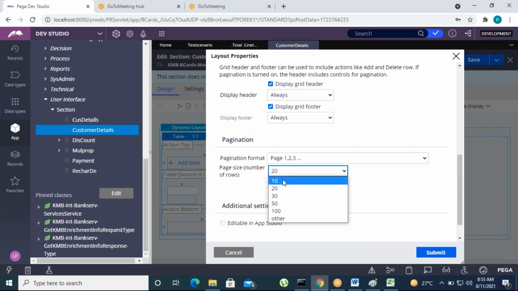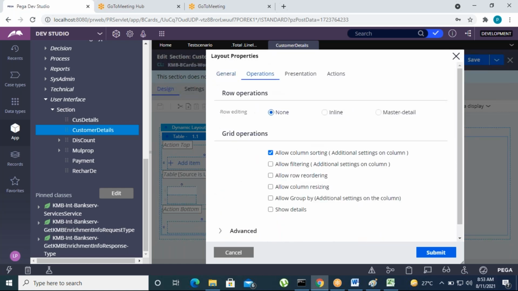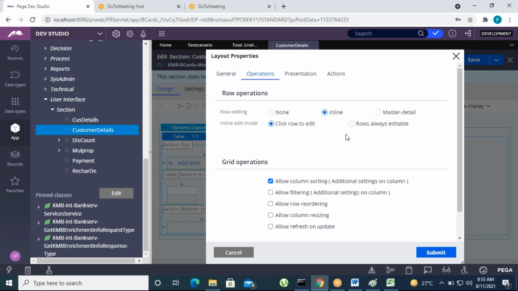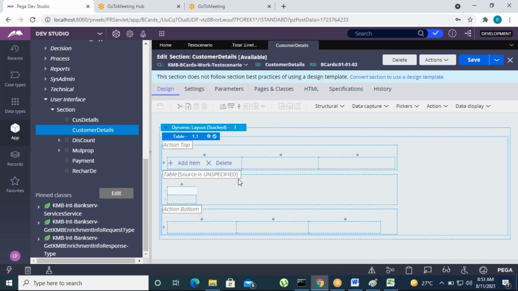These are pages, how many pages you want, maximum. So the data will be displayed in UI read only or editable mode. By default read only, but here the user will enter this data, right? So the line item name, product name, cost and quantity, correct? So that's the reason you can click on the rows are always editable.